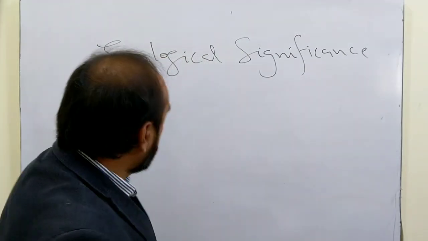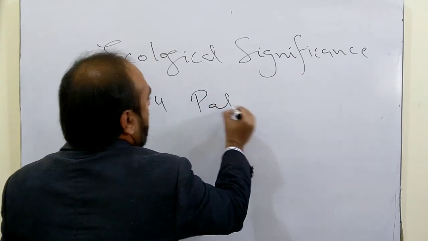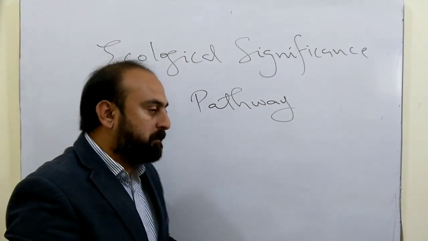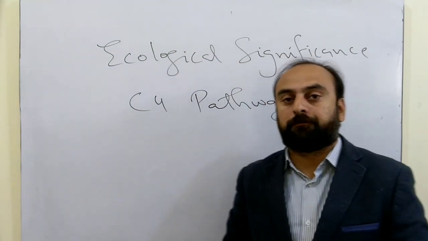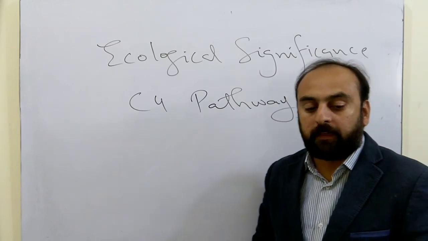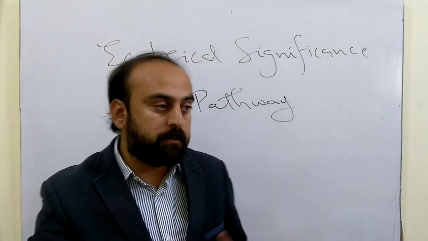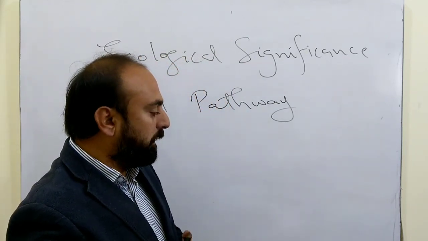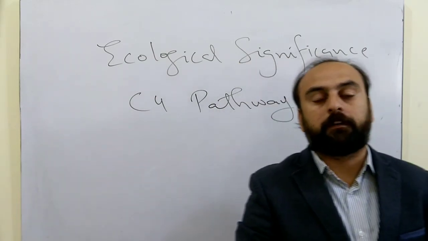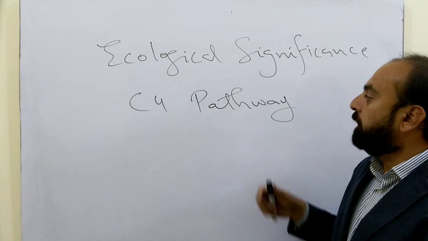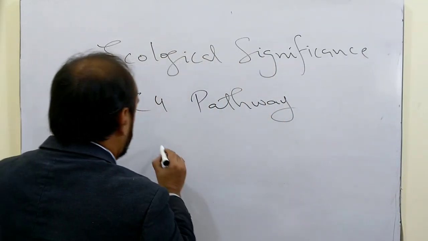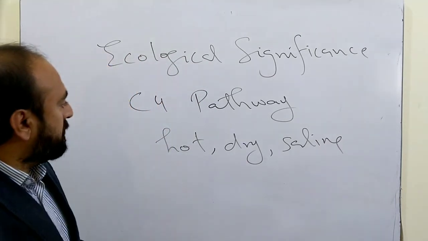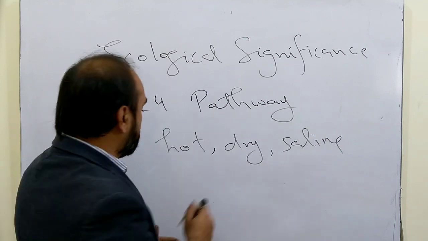C4 pathway is more suitable for stressful environments because photorespiration is considered the primary selective force for evolution of alternate pathways like C4 and CAM pathway. Since they can concentrate carbon dioxide in their bundle sheath because of Kranz anatomy, and because they can keep their stomata closed for most part of the day, and due to lower carbon dioxide compensation point, they are better adapted under hot, dry and saline conditions. The disadvantage of this pathway is that they have higher energy requirement, but usually they grow